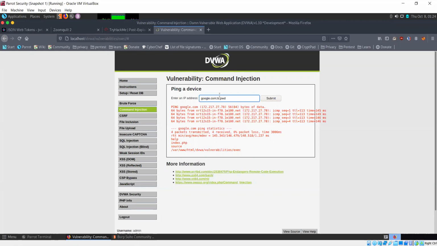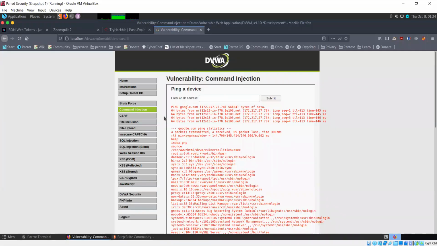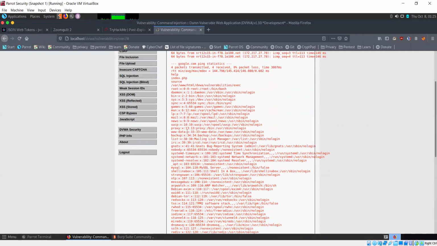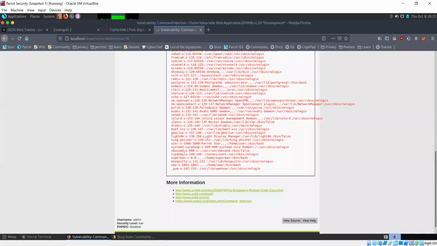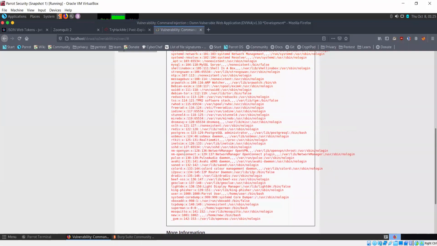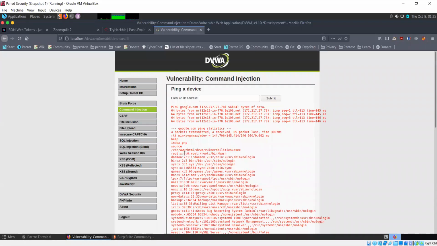Okay, even if you don't specify an IP, that's fine. ls, pwd, and you could also say cat /etc/passwd. So apart from doing ls and pwd, now you're also able to view the contents of the password file. So this is known as a command injection vulnerability. We are able to inject any commands that we want.